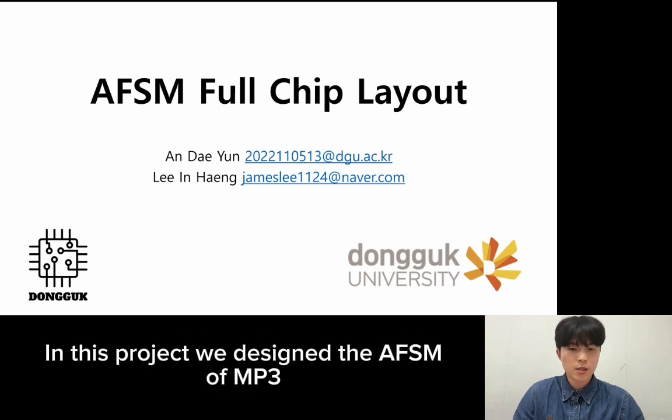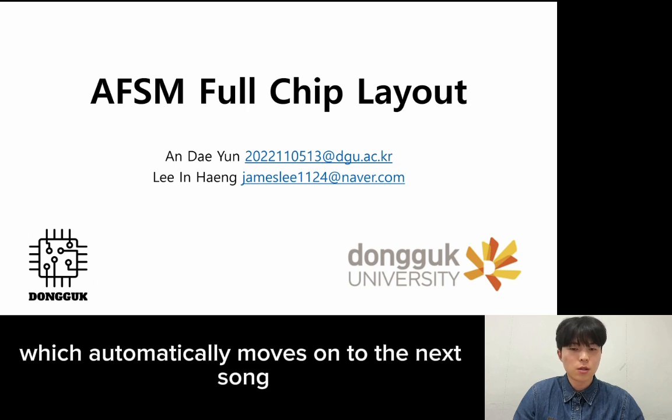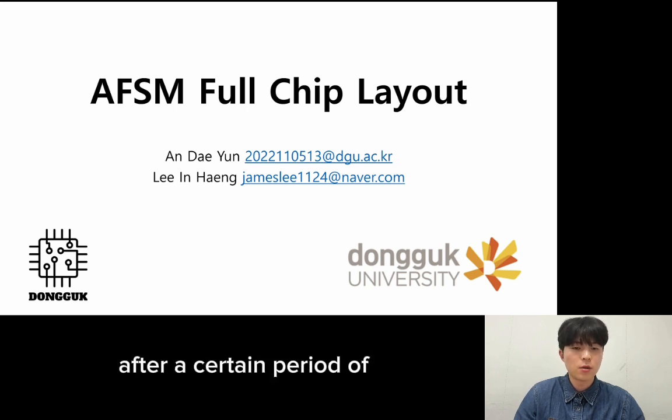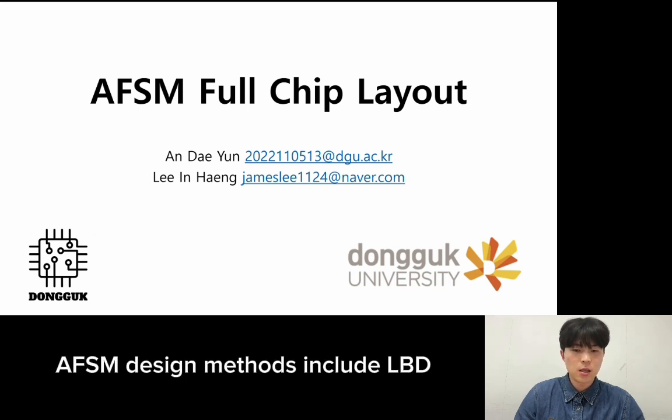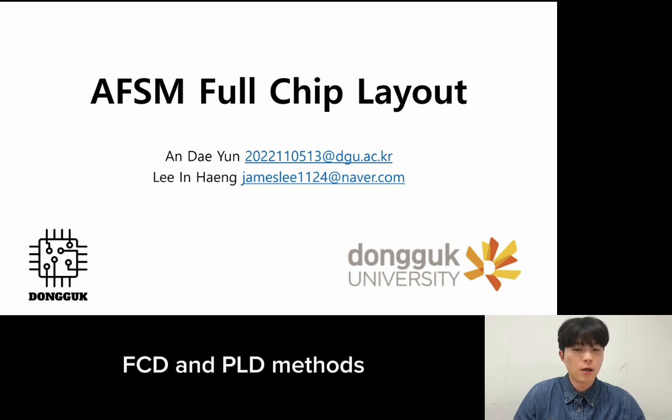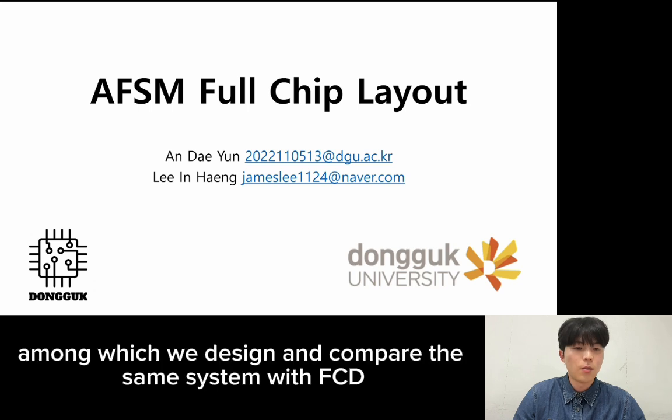In this project, we designed the AFSM of MP3, which automatically moves on to the next song after a certain period of time, and implemented the layout. AFSM design methods include LBD, FCD, and PLD methods, among which we design and compare the same system with FCD,